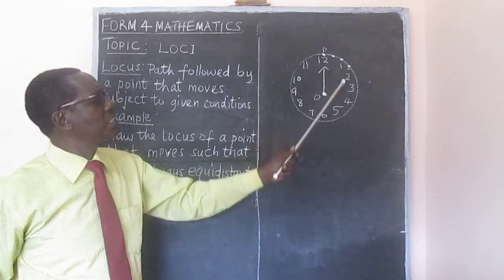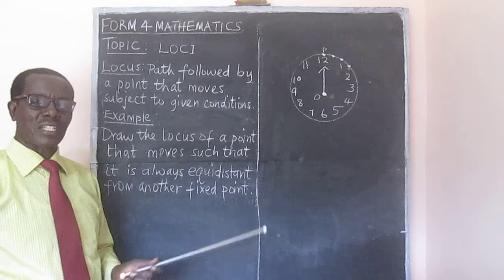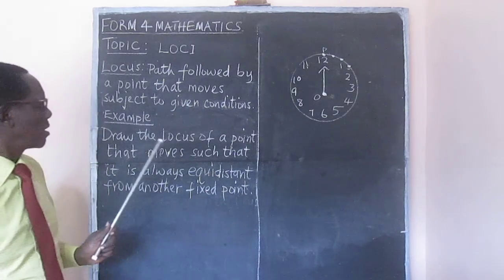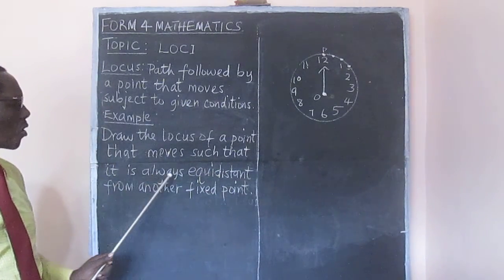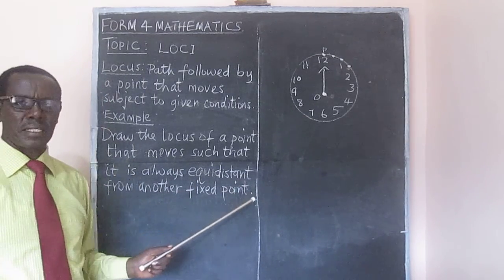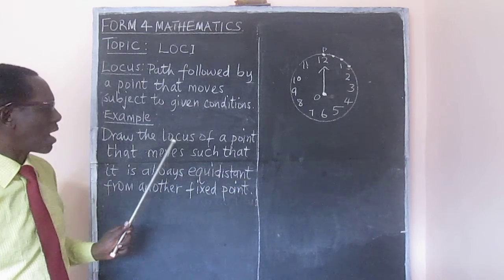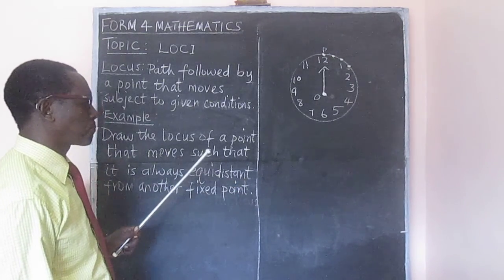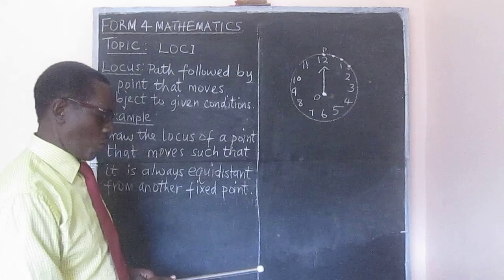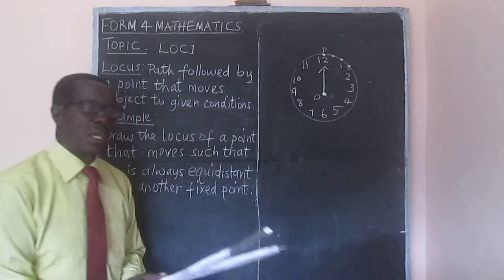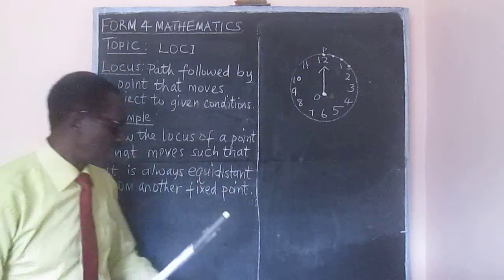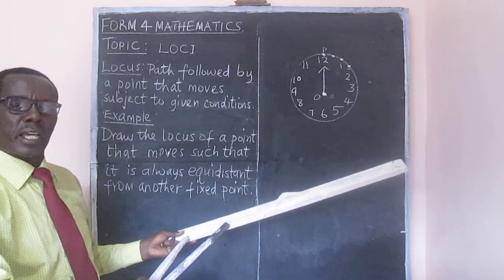Once we have identified the path, we need to describe that path mathematically. So we have an example here. Draw the locus of a point that moves such that it is always equidistant from another fixed point. Now in a question, we would be given that distance. Let's say, for example, we have a point that moves so that the distance is always 3 centimeters from another fixed point. What that means is we would open up a pair of compasses, a distance equal to 3 centimeters. That means you would need to measure that out on a ruler,